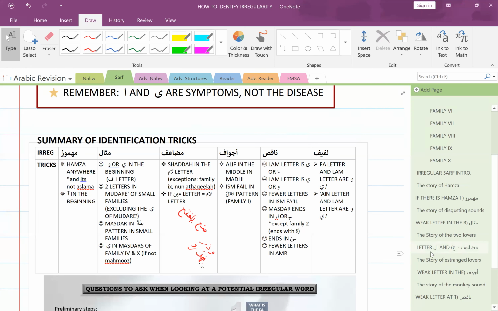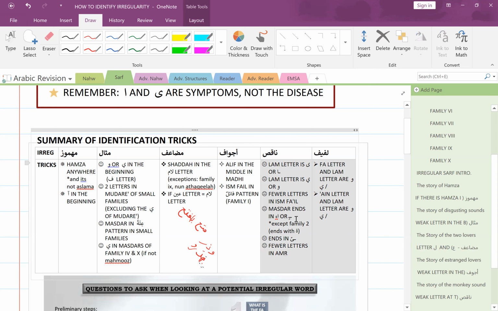Hadin would be, yes. So you can actually see it's also missing something. Like hadin, it was supposed to be fa'ilun, hadiyun. It was supposed to be hadiyun, but then it's missing something. So it's shorter. Hadin, da'in, muzakkin, so on and so forth. Mulqin, alqa yulqi. It was supposed to be mulqiyun, but then no, mulqin. So it's shorter. You see that kasratain, you know you're dealing with naqis.